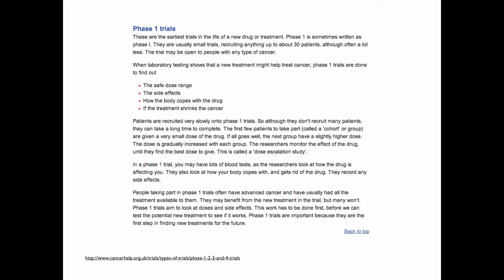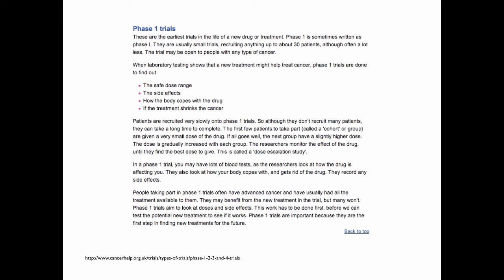The dose is gradually increased with each group, and then the researchers monitor the effect of the drug until they find the best dose to give, and this is a dose escalation study. In a phase 1 trial, there are lots of blood tests, so that way the researchers can look at the pharmacokinetics. They also look at the metabolism, so how the body gets rid of the drug,